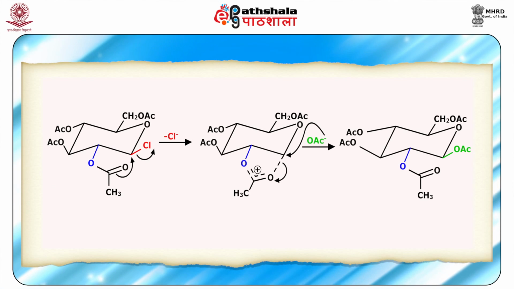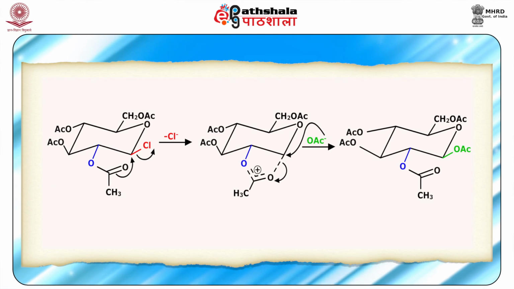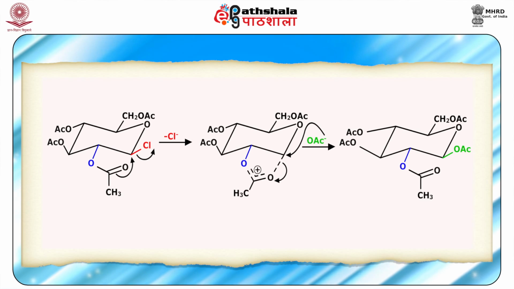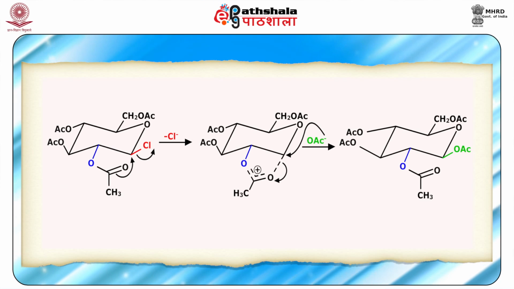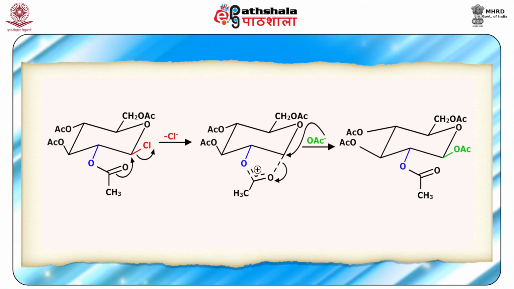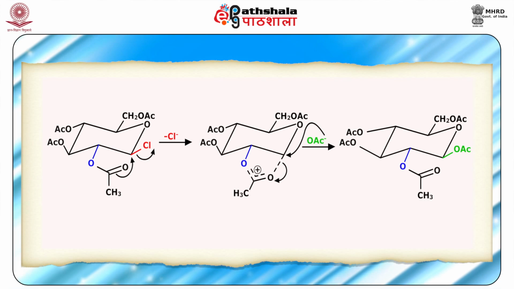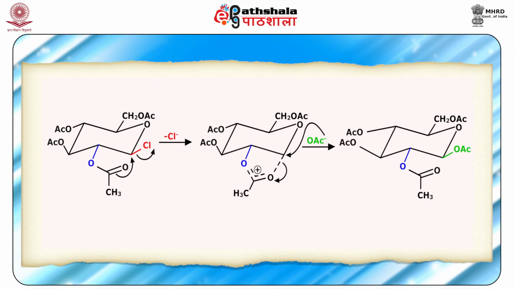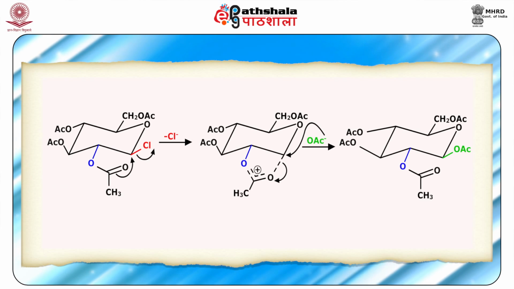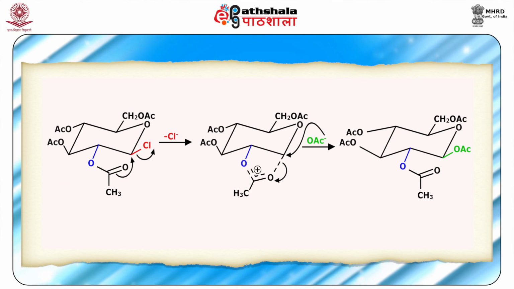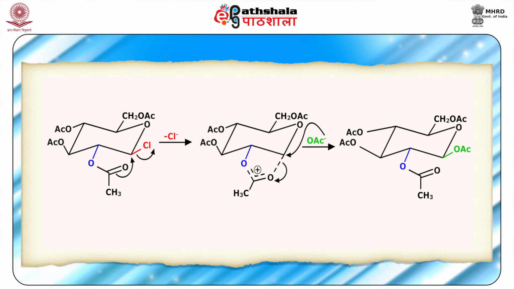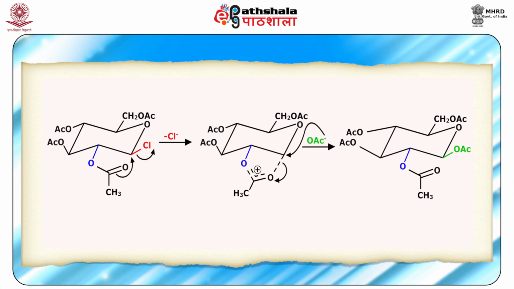You can see in this particular example here that this OCOCH3 is providing the neighboring group participation or the anchimeric assistance, and then the double bond of the OCOCH3, via the oxygen, will be attacking this carbon which is further attached to Cl, and it helps in the removal of the Cl minus group. So, once the Cl minus goes out, you can see